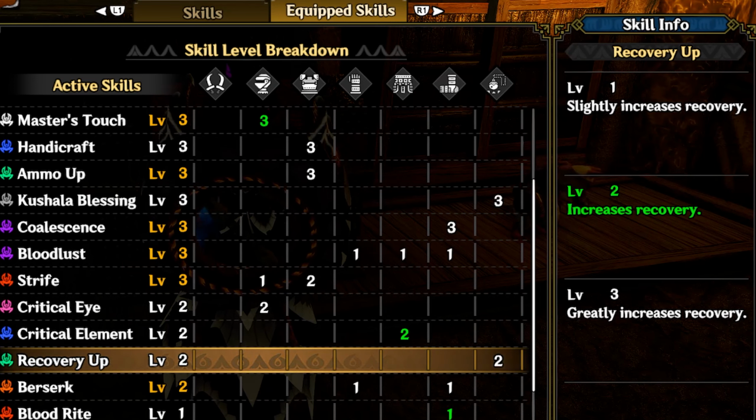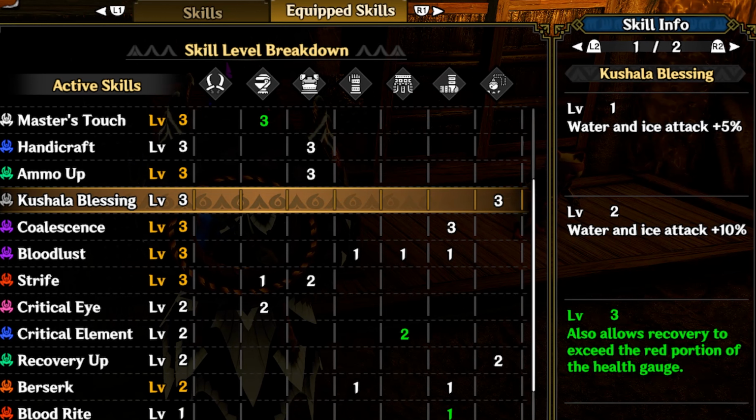And you might ask, what makes these two skills so important that we're going to have to dedicate an entire talisman to them? Well, that is quite simple. As you can read in the description right there, the level 3 of Kushala Blessing removes a soft cap that healing